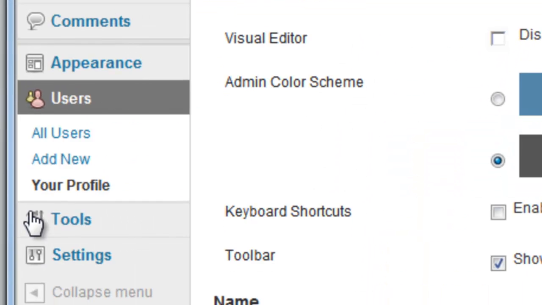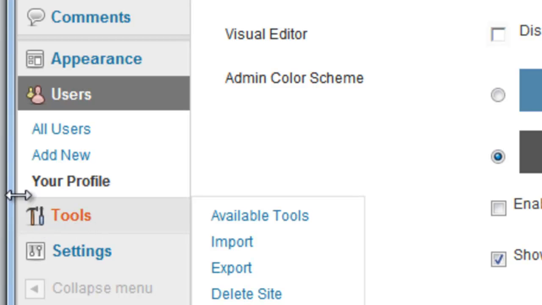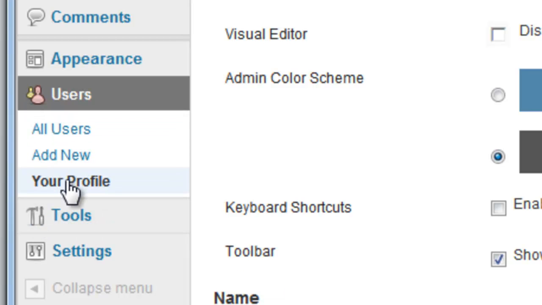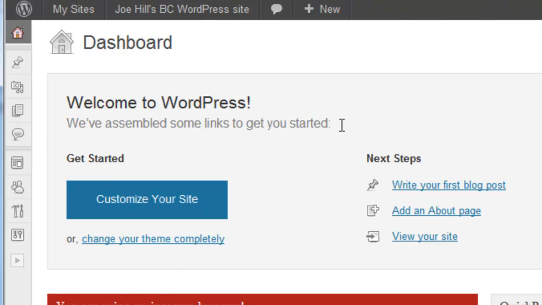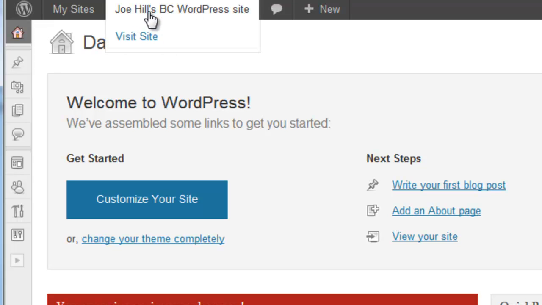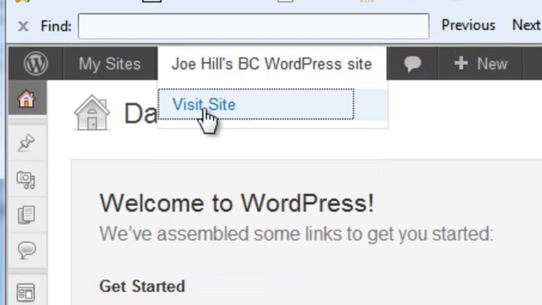Let's expand our menus back one more time. Again, we got here by coming to Users, Your Profile. This time, what I'd like to do is to click on Dashboard. It welcomes me to WordPress. It's suggesting that we write our first post, we add an about page, we view our site, and so forth. And indeed, the very minute your WordPress site is set up for you, you're already on the web. And to prove my point, I'll just click under Joe Hill's BC WordPress site, and I'll click on Visit Site,